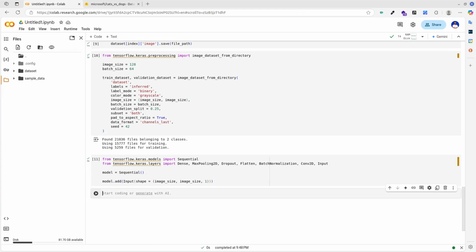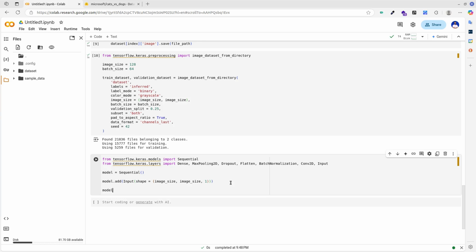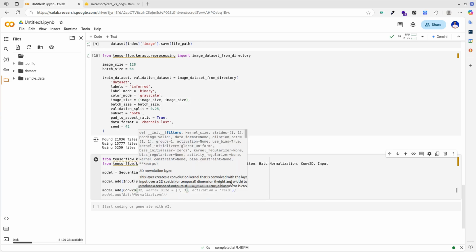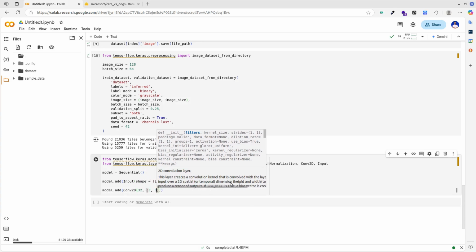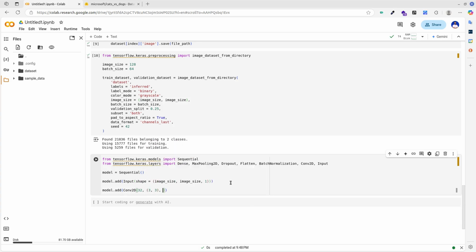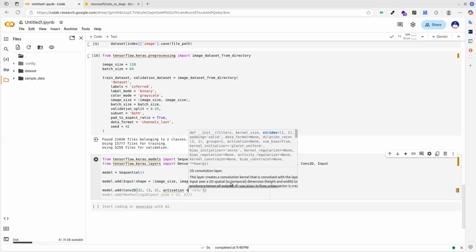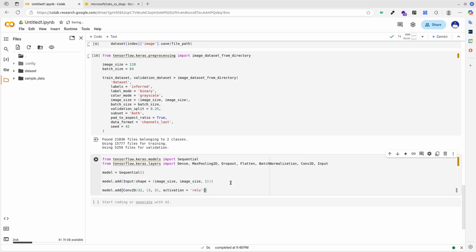These convolutional blocks will be formed by 4 types of layers: a conv2d layer, a batch normalization layer, a max pooling 2d layer, and a dropout layer. The conv2d layer is responsible for extracting features by applying a set of learnable filters, enabling the network to detect various features such as edges, textures, and patterns. The first parameter of this layer is the number of filters, which is then followed by the kernel size that specifies the size of the convolutional window. On the third parameter, we specify ReLU as the activation function.